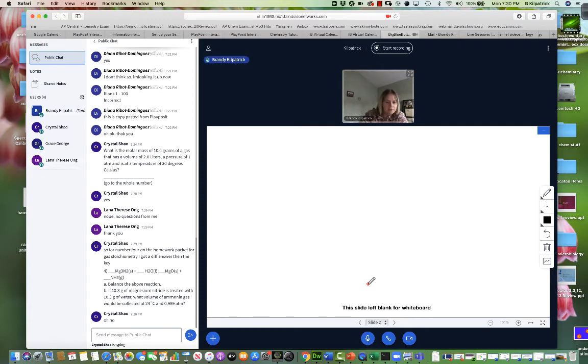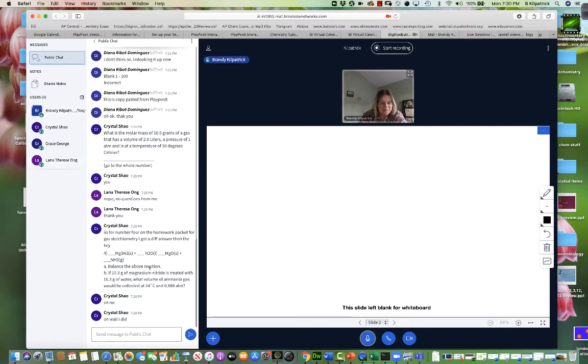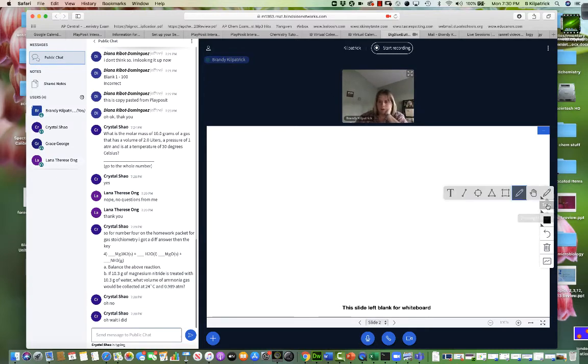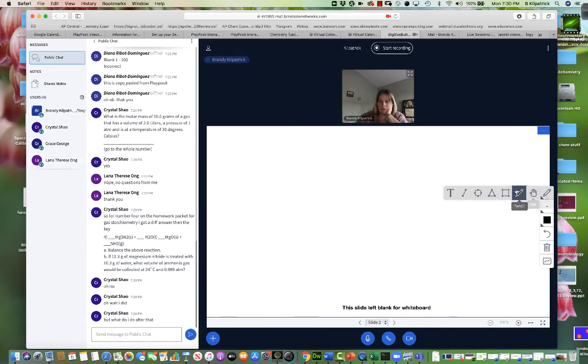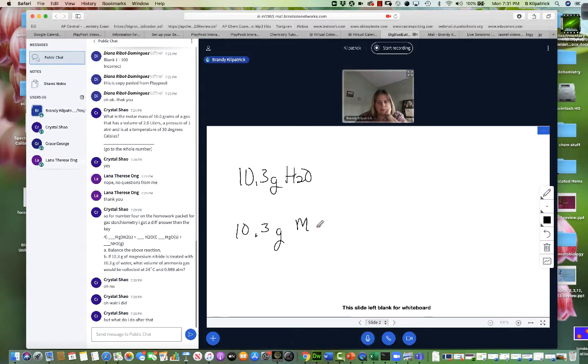So it's asking for the volume of ammonia. You're going to have to figure out the moles of ammonia based on the 10.3 grams of magnesium nitride, and then you also have to do the same calculation for the water to see which one is limiting. Okay, so you have 10.3 grams of water, and then you also have 10.3 grams of the magnesium nitride,